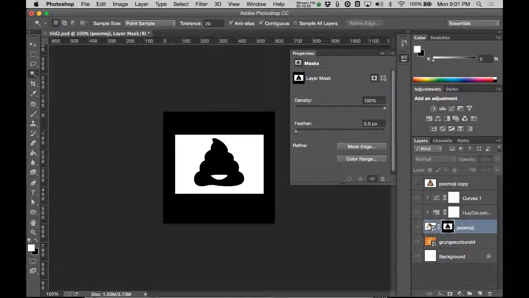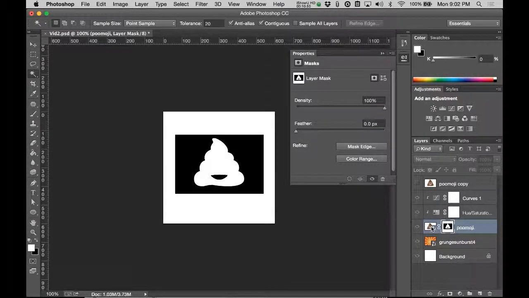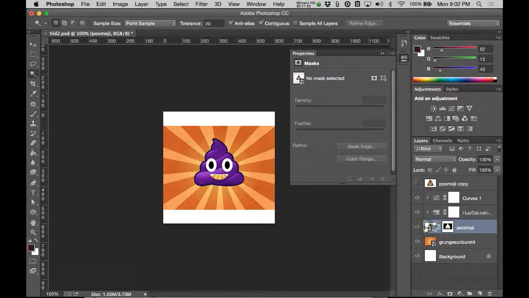Like we want to be able to see Pumoji and not the white bits. So I am going to hit Command I to inverse it. Basically, white means show, black means don't show, anything in between that's gray means opacity to whatever degree of gray that is. So I'm just going to click back on the main layer, and we can see that we've masked